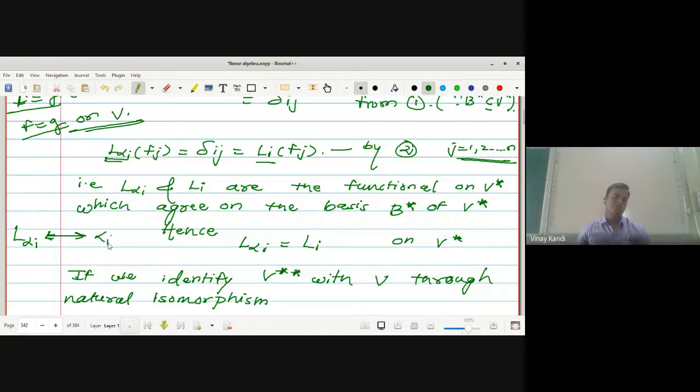If we identify V double star with V by the natural isomorphism from alpha to L alpha, okay,